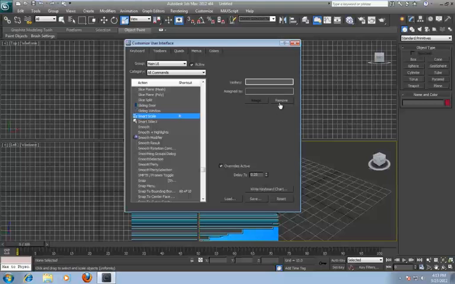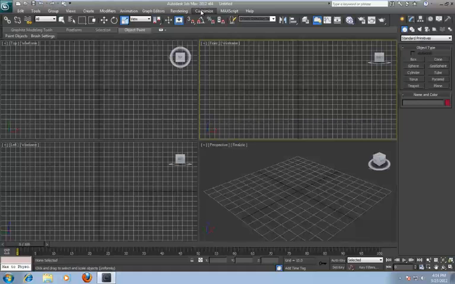It's got the keyboard shortcut R. Just remove that keyboard shortcut and find Select and Scale, which is this one here, and assign the keyboard shortcut R. Hit assign, done. So now we can close that out,